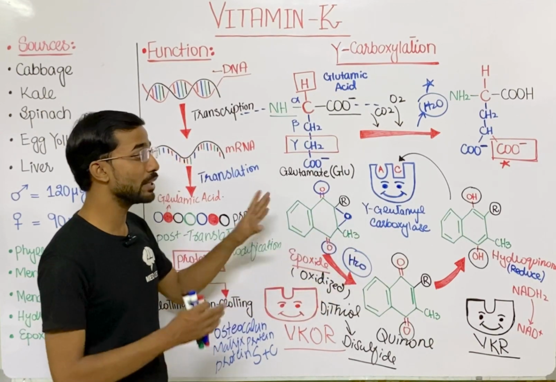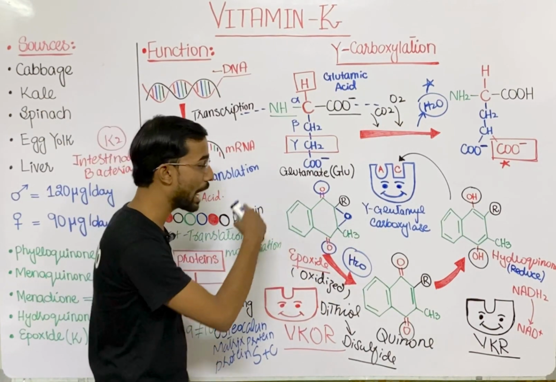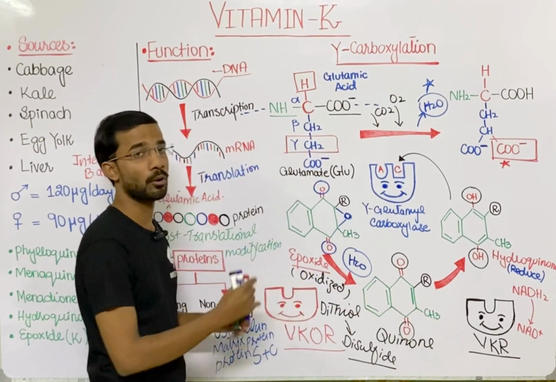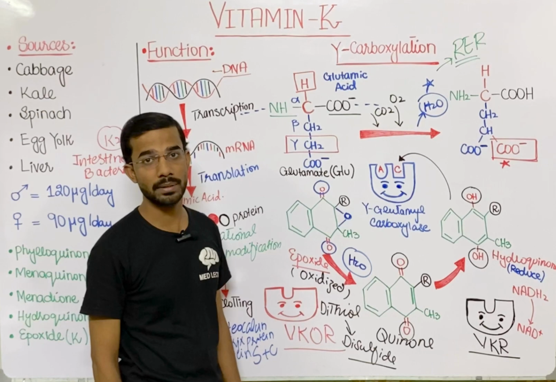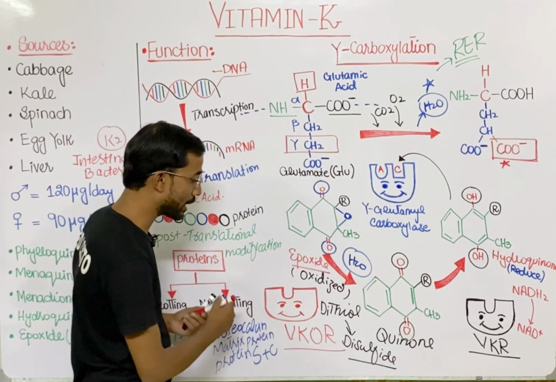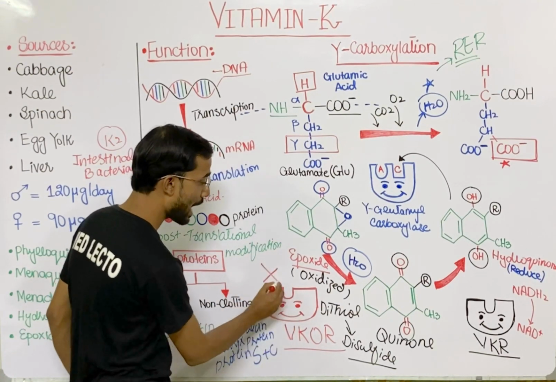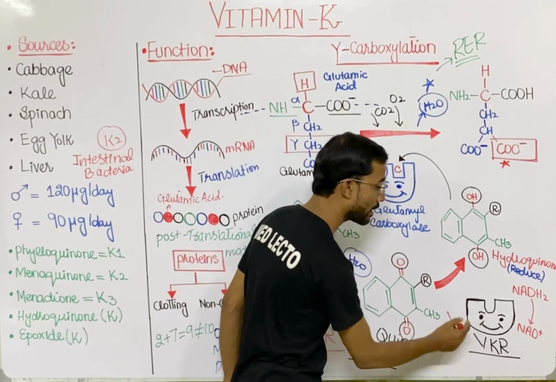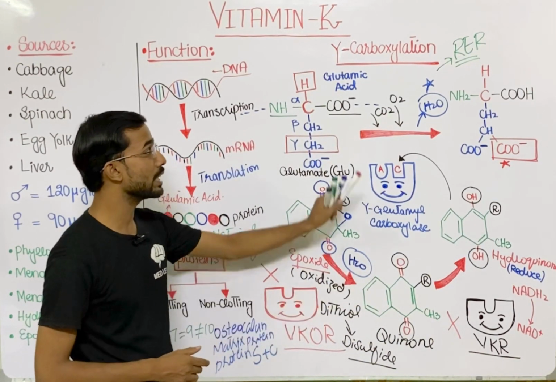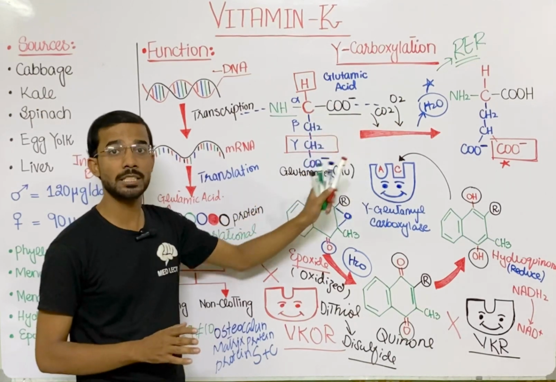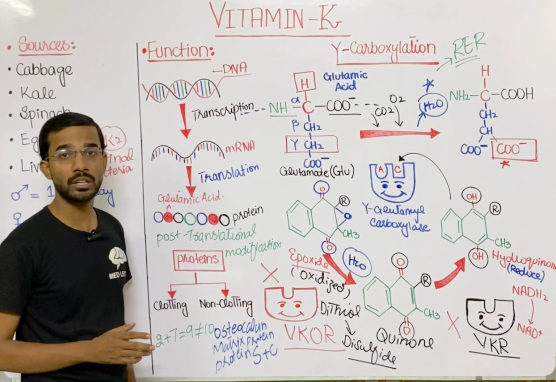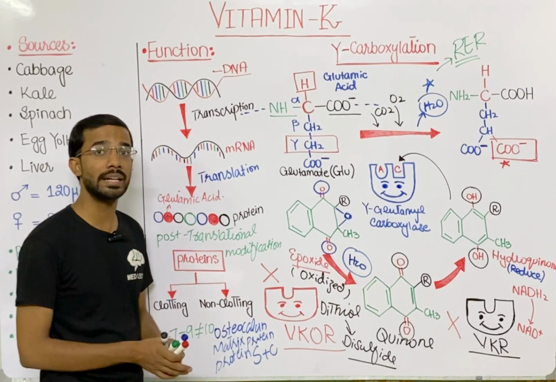So here are basically the three most important enzymes that are helpful in the gamma carboxylation, and now this whole process will happen in the rough endoplasmic reticulum. Okay, and last most important, these enzymes vitamin K epoxide reductase and vitamin K reductase are actually inhibited by warfarin, and ultimately you will see this carboxylation stop. It means that formation of the active form of the clotting factor will reduce